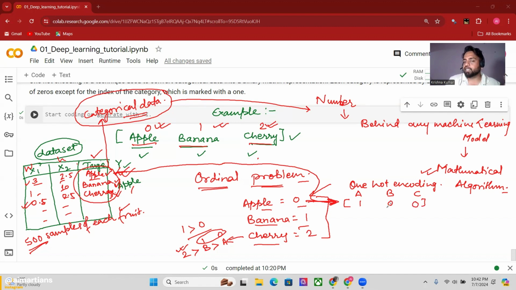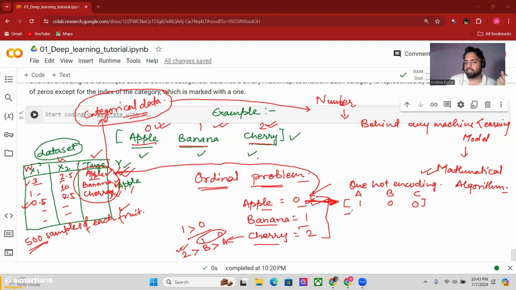Such kind of vectorization or encoding they perform instead of this 0, 1, 2, because machine learning algorithms start understanding like banana is better, cherry is better than banana and apple. So some sort of problems start happening, meaning our machine learning model on the basis of this value does not train the model in a perfect way. All right. So to cope with that problem, we introduce a concept to represent each vector on an equal